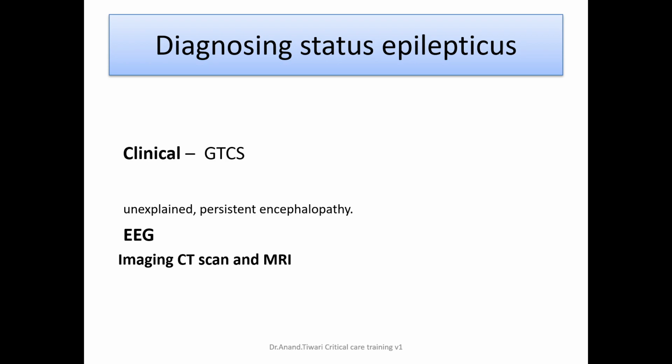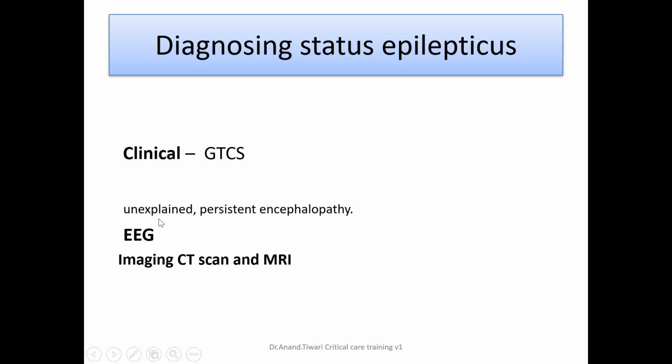How should a clinician diagnose? Now, clinically, if the patient has generalized tonic-clonic convulsions, the typical movements, the patient had fits and then did not regain consciousness in between, it's easy to diagnose. But when the patient is not having these movements and is in an obtunded state in the ICU without explanation, that is the time when you should suspect status epilepticus, where there is no motor movement but seizure activity at the neuronal level, and that is a non-convulsive status epilepticus or non-convulsive seizure,